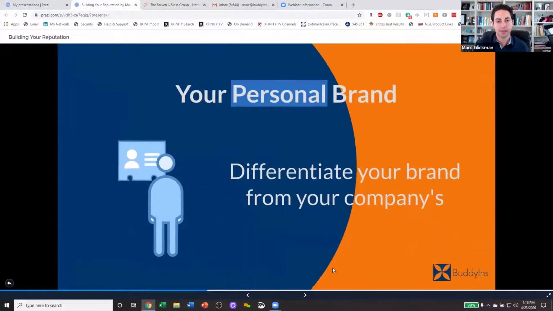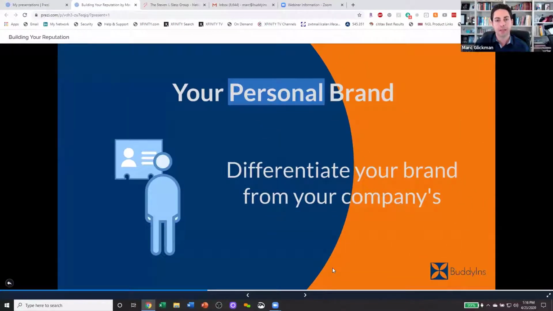Perfect. And I think we're going to talk about this in more detail as we go into some of the later topics here. But let's talk about how you created your personal brand. And you mentioned having a company behind you, but needing to differentiate that. Tell us a little bit about that concept, because I don't think a lot of people think of differentiating their personal and their corporate brand.